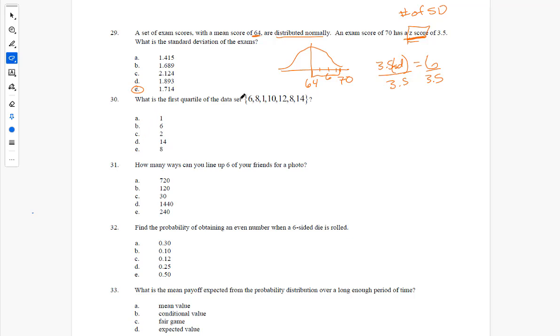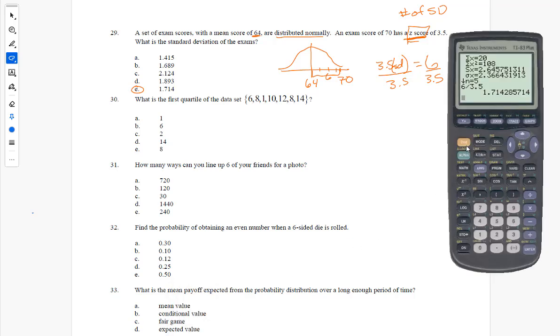What is the first quartile? Now, again, this is small enough. We could do it in 2 ways. We'll do the first way by going back into the stats and editing. Let's do our list 1. We got 6, 8, 1, 10, 12, 8,